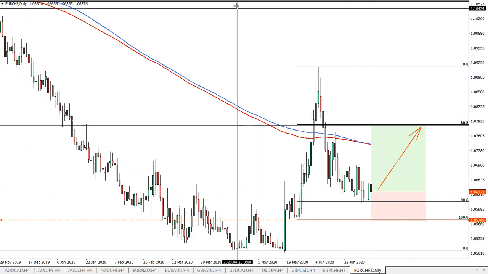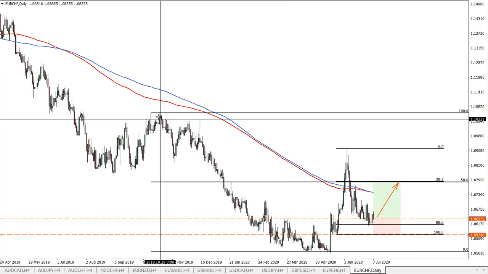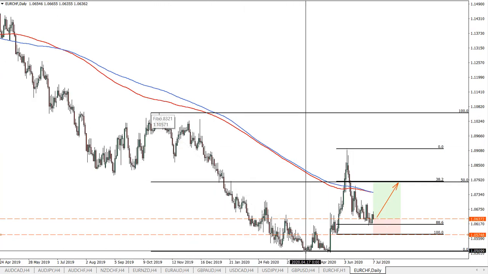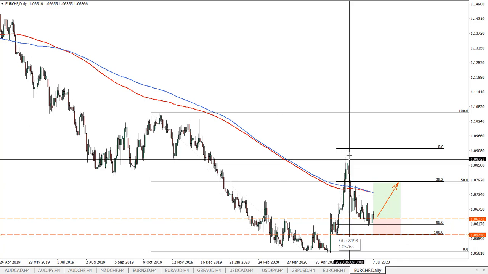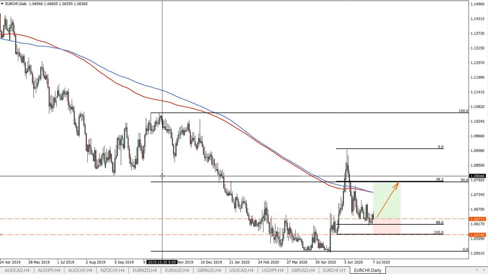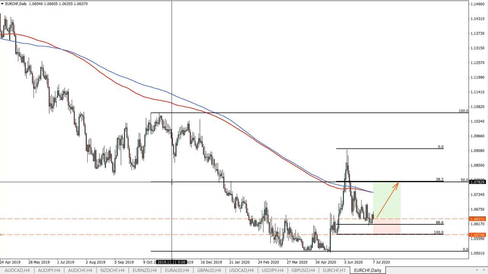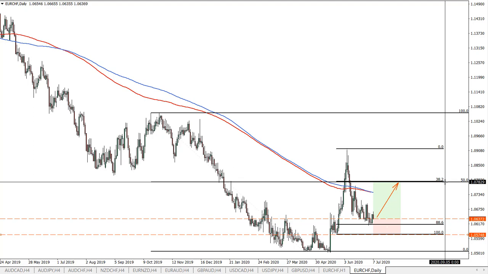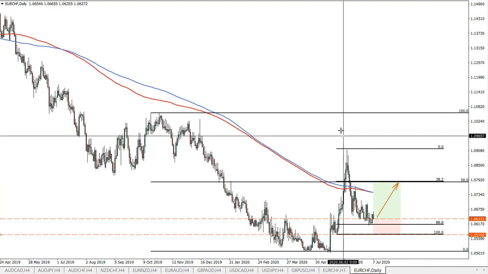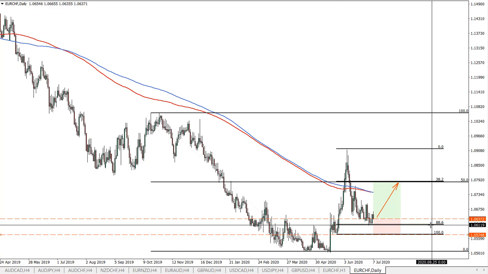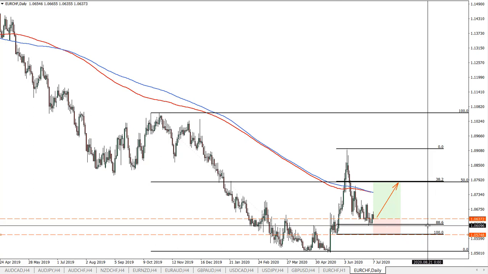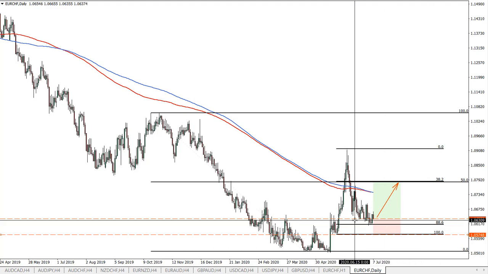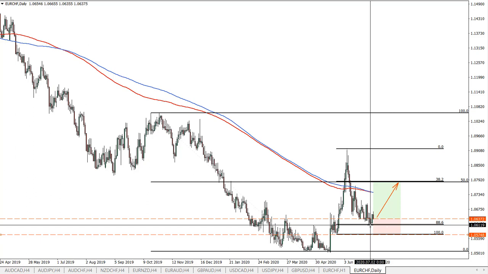On this chart I have 2 FIBs applied. We have FIBs on this last wave to the downside, and pips on this last wave to the upside. And we see here 2 Fibonacci retracement levels, 50% from the overall downtrend and 38.2% from the last wave to the upside. And here we also have 88.6%, which is the strongest pullback which actually happened, and price failed to break lower. Here we see that this 88.6 is acting as the support, and